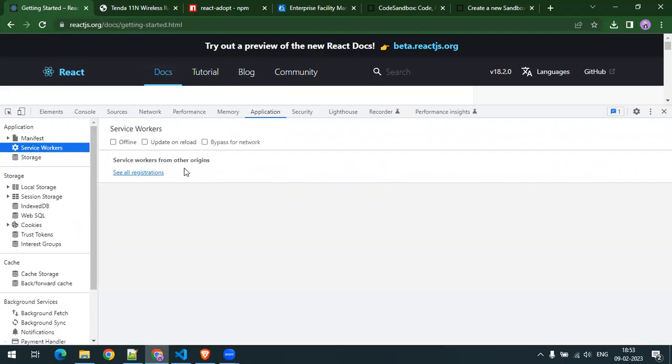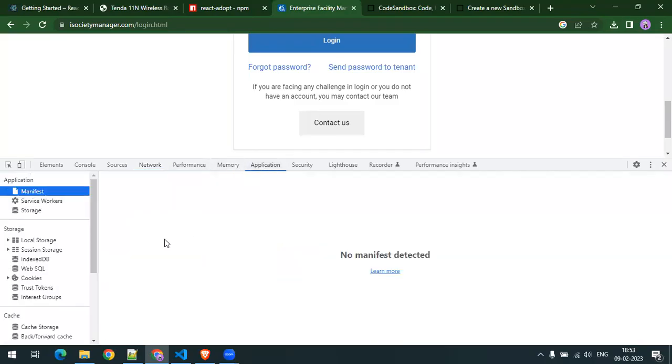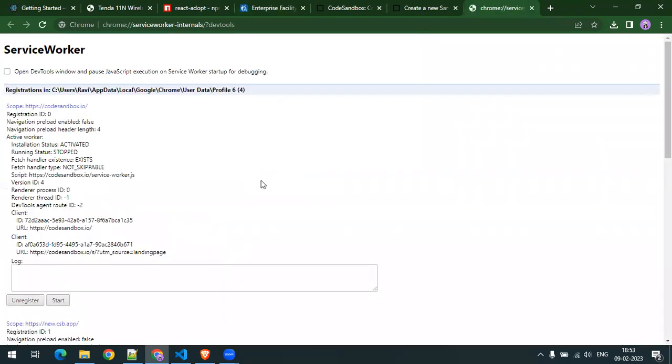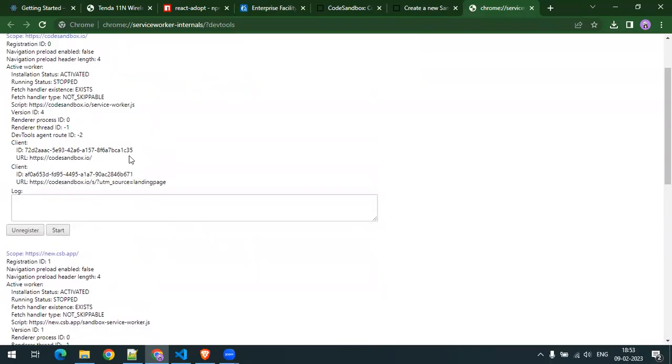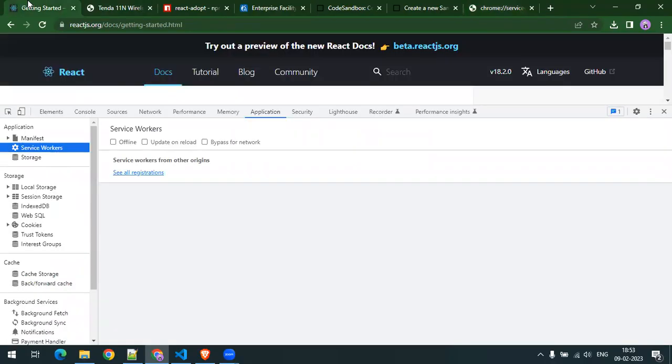Now there is something called a service worker. This site does not have a service worker, but service workers are also a very important thing, again related to PWA. Probably this website has a service worker. Yes, because we had made some. No, okay. If you see websites like CodeSandbox, especially CodeSandbox has many service workers. And what basically it does is